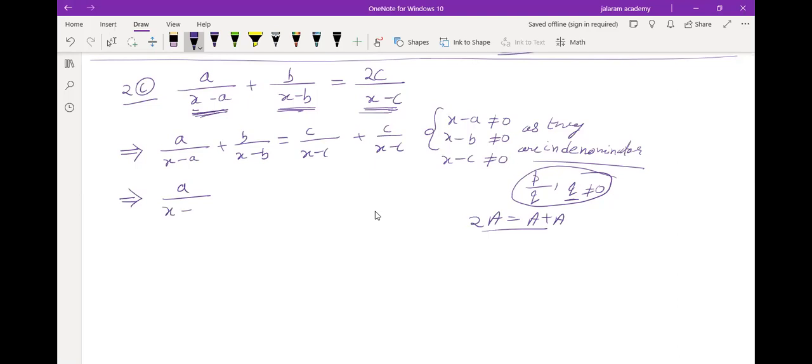Now transfer this minus c upon x minus c, and now you have to solve it yourself as time is about to be over. Okay, I have given you the hint. So solve it and send me on WhatsApp. First this question, then other questions also you have to send on WhatsApp. Is that clear to you? LCM is (x minus a) into (x minus c), numerator a into (x minus c) minus c into